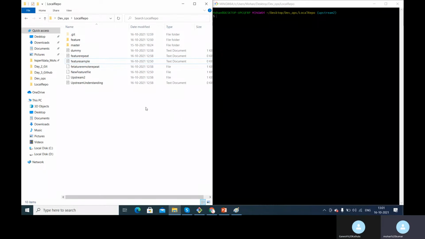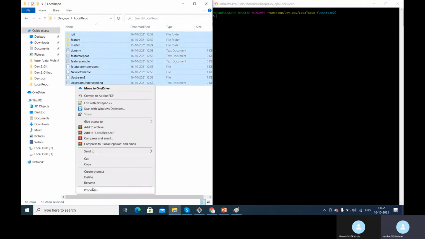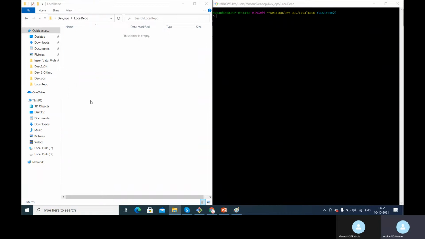Now let's look at how to clone an already existing project in the remote repository, and how to act on it. Till now, we created a local repository and then pushed it to the remote repository, and from the remote repository we were getting everything. We were traversing back and forth, right? So now I'll clone the project from the remote repository into my local repo.